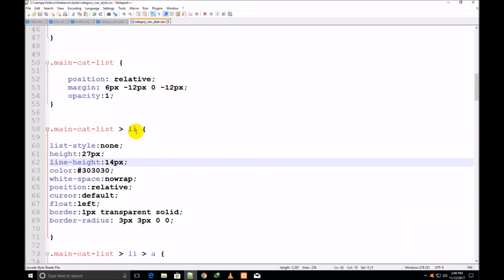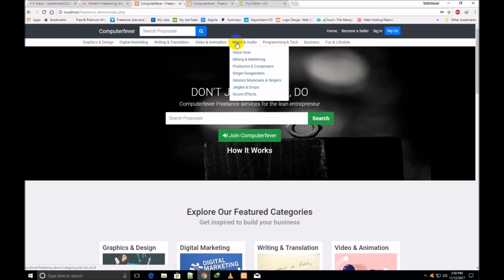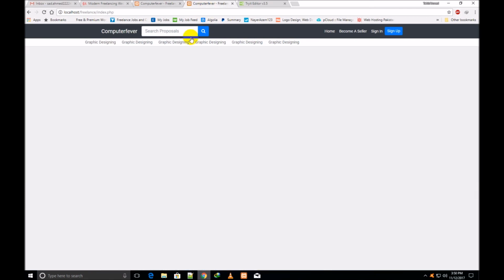I come above. So this is the line height, I correct it. .menu-cat-list > li a. I am going to write code here: line-height 28px and height 30px. Now I come here and refresh this page. So now you can see that these categories are showing the same way in this